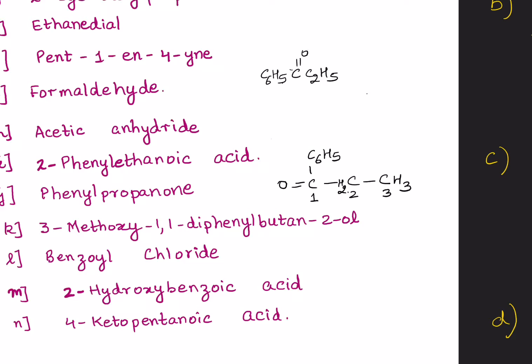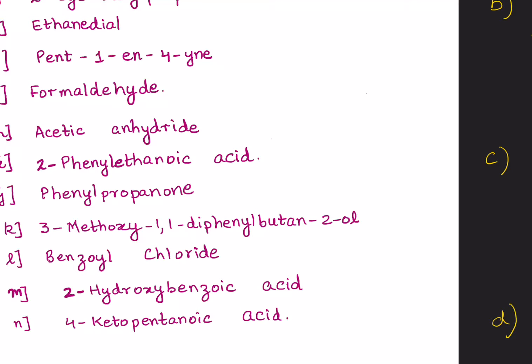Now, imagine, just think if it was, instead of propanone, it was propan-2-one. Then how would your answer change? Yes, of course. Then in that case, this double bond O will go to carbon number 2 because this is our carbon number 1, 2 and 3. So here is where our C double bond O would be. Right? I hope this makes it clear. Go ahead, try the next one.